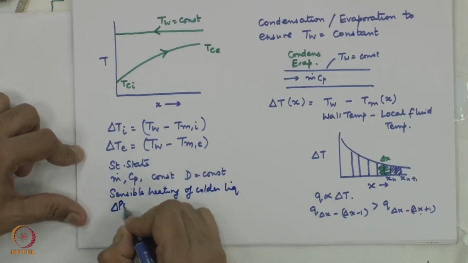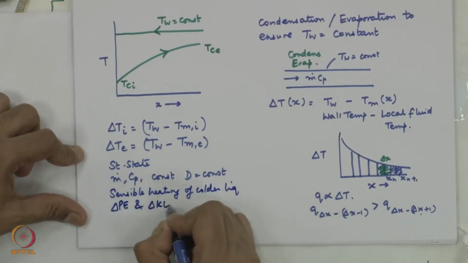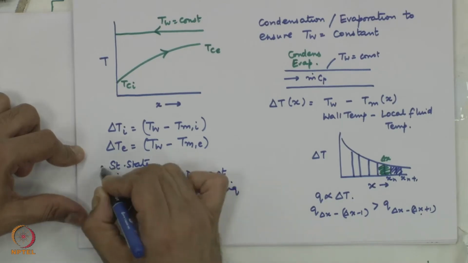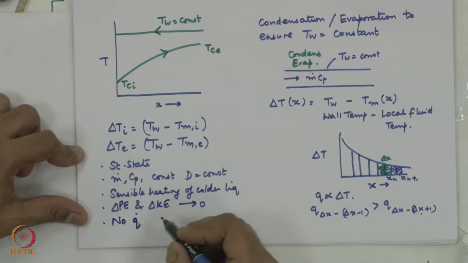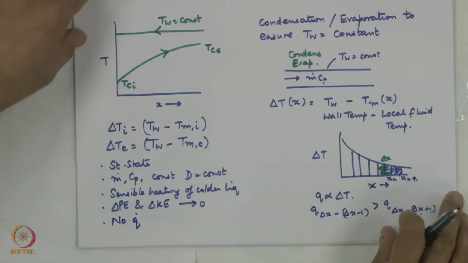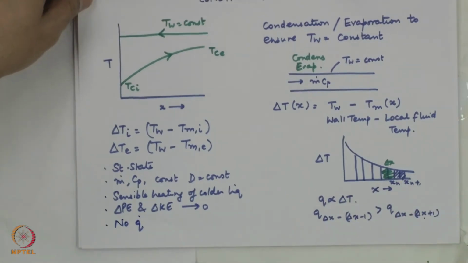Negligible changes in potential and kinetic energy, and no volumetric heat generation. Okay. So, if we list these assumptions and proceed for the basic energy balance as we had done before,